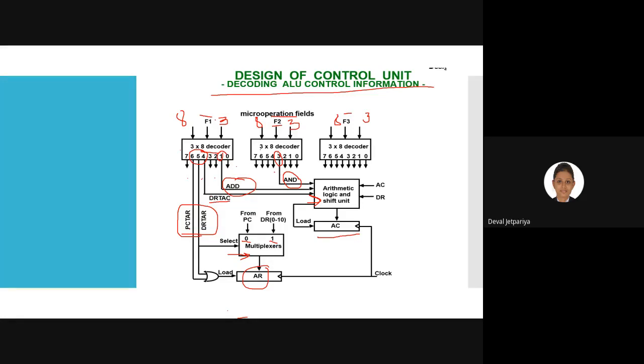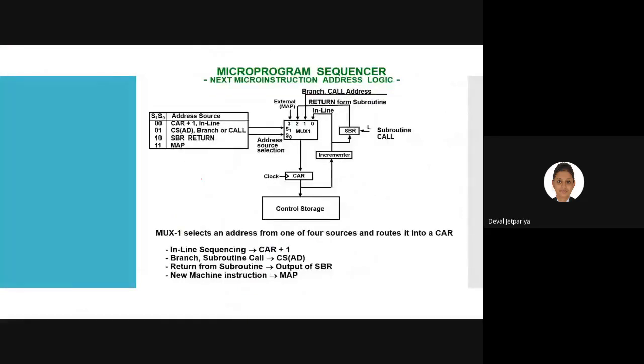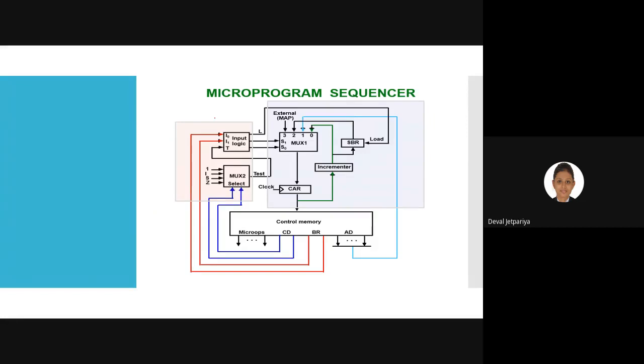Remove it. Okay, so if there is no query, let's discuss the last diagram of this chapter. Okay, the microprogram sequencer. Actually, see here they have given the diagram in detail like this, and for these two selection lines they have given us this table, but that is fine. This diagram is not required to remember. You can directly remember this diagram, right? For these two arrows, they have clearly drawn the circuit, this pink color, okay?